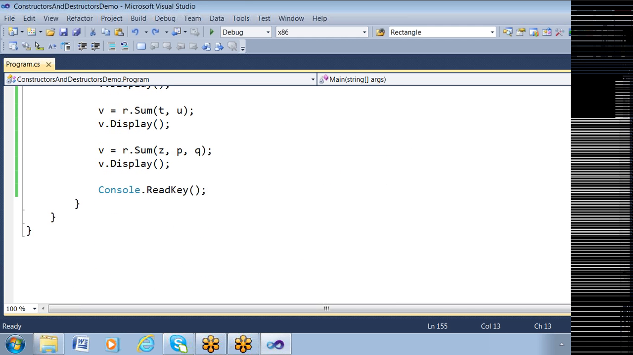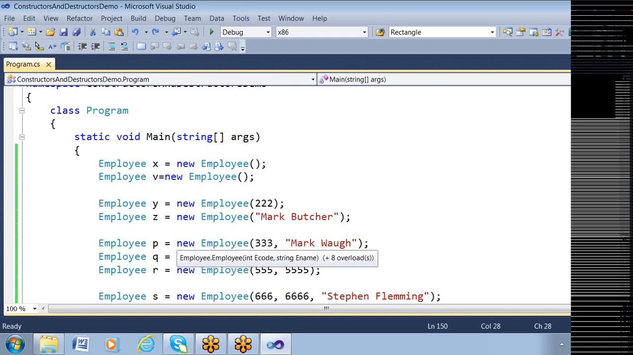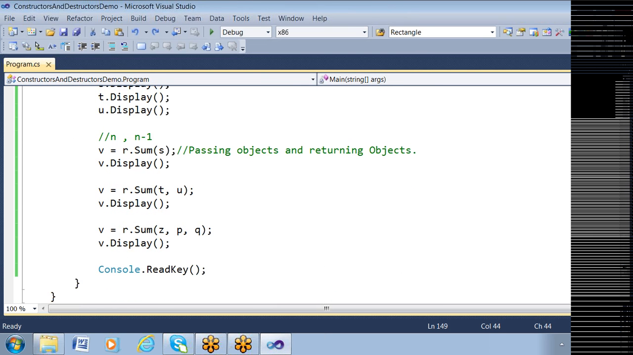I was trying to add R with Z, P, Q. Unfortunately, for Z and for P and for Q, there were no salaries. That was the reason the sum is still coming as 4/5, but otherwise it will do. So now you understood how I can work with multiple objects. The only way to work with multiple objects is to pass those remaining objects as parameters, and the left side